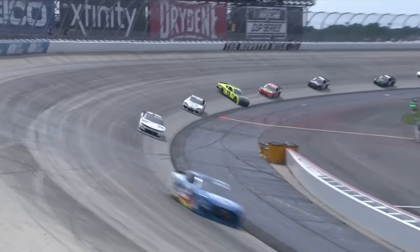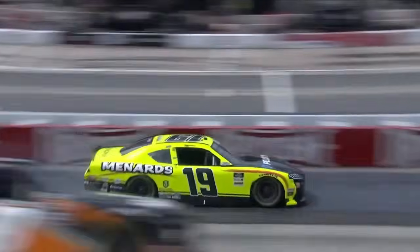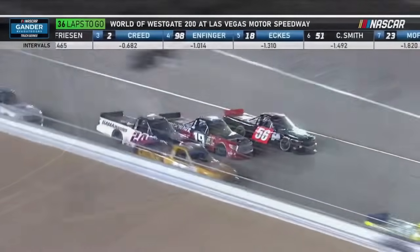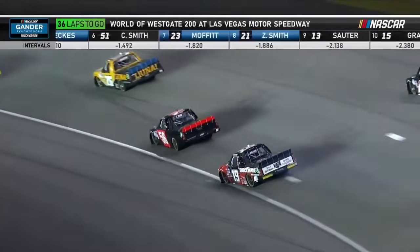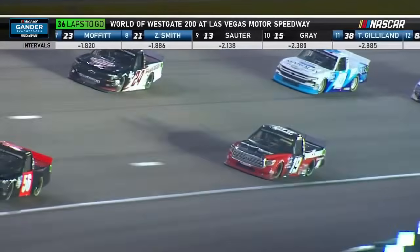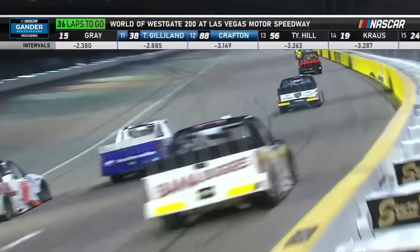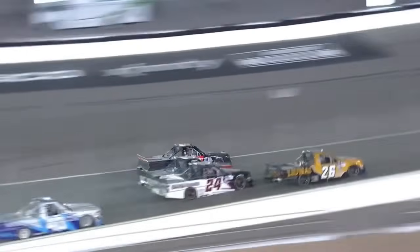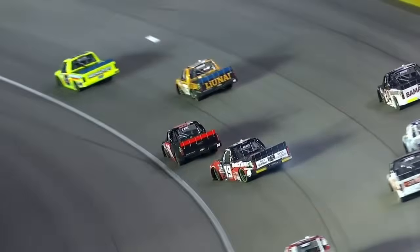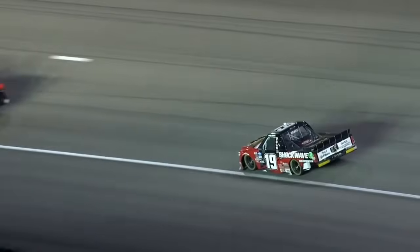Yeah. I mean, he just put a little bit of will in that thing, and it's turning. It keeps turning. They're being challenged today. Well, and now comes into play. May as well. And what about Tyler Hill there? Oh. The 56, and Kraus gathers it up. Wow. What a save. That was like a Kyle Busch save right there. Wow. I'll give it a scale 1 to 10. I give it a 6. This kid starts correcting it, putting the wheels back the right direction before he ever gets going the right direction. You can see that move right there. That was sweet driving on the wheel, and I think the left front fender might have dug into the...